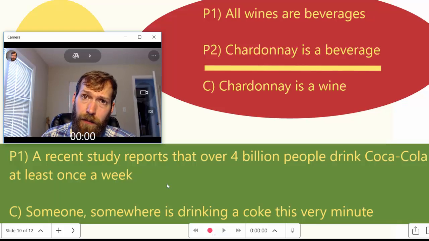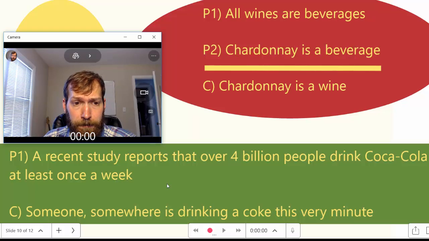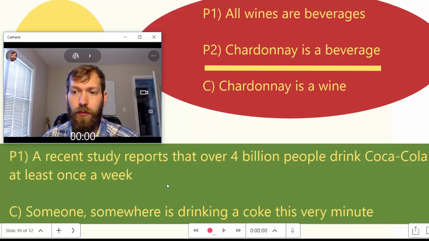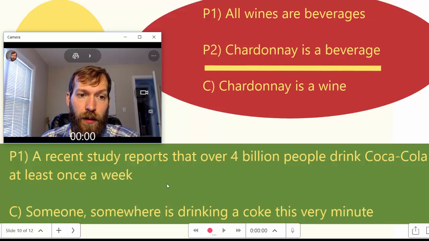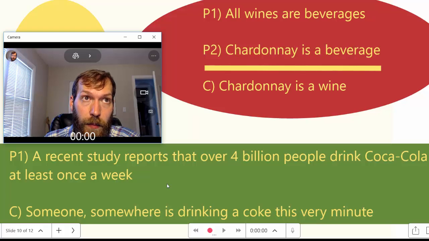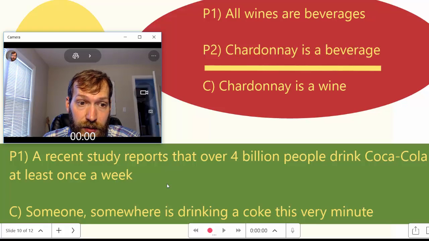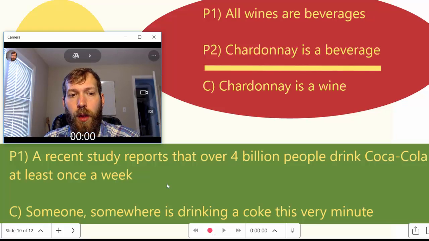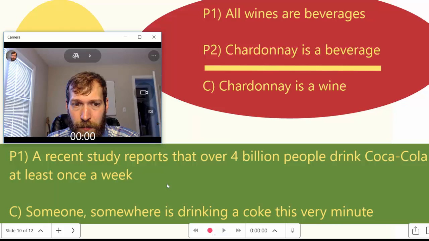Okay, if you said this was an inductive argument, good, you're correct. And the reason why is because if it's true that there are 4 billion people who drink Coca-Cola at least once a week, that's a whole lot of people. And so it makes it very likely that when I maintain that someone is drinking a Coke this very minute, there's probably at least one person doing that. You may have thought that this was a deductive argument because of how many people we are talking about here. But,